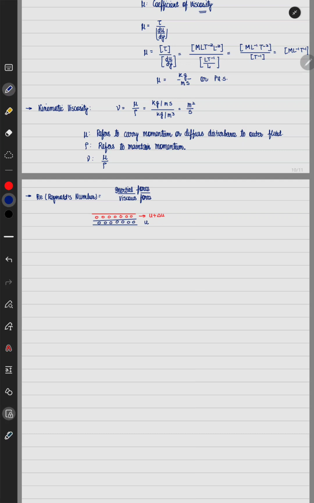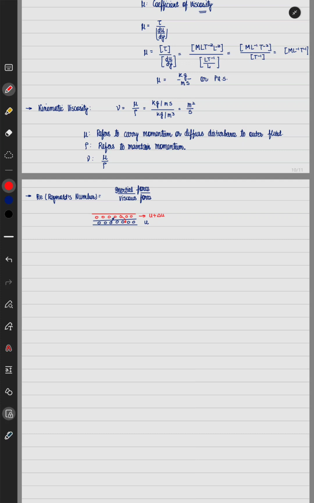So the blue particles will try to get into these red particles, and the red particles will try to enter into the blue particles. And due to the interaction of the molecules between these two layers, which are moving at a different velocity, the blue molecules will try to resist or oppose the motion or decrease the velocity of the red particles or red layer, and the molecules which are moving at higher speed in u plus